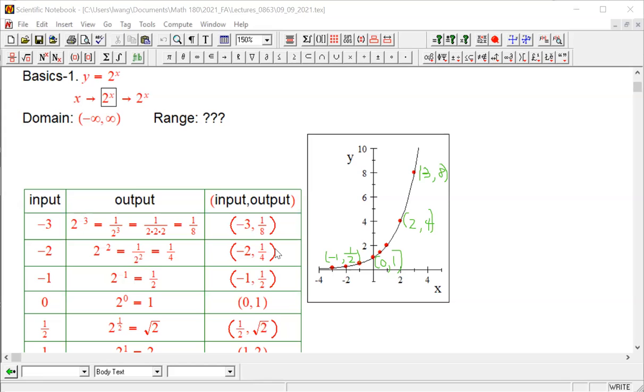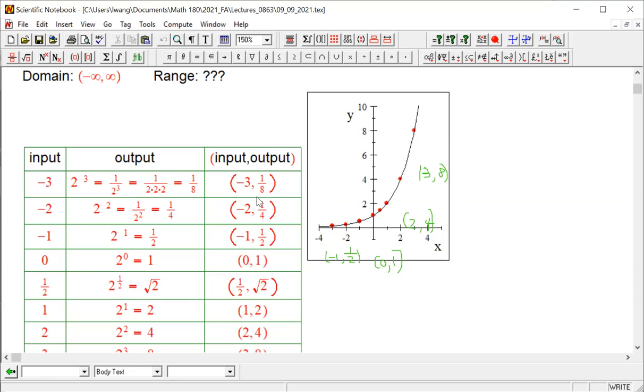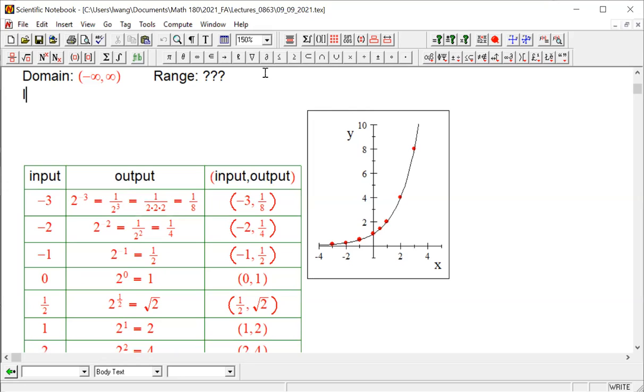So in the process of graphing, we notice something very interesting, right? We notice that no matter what the input is, the output is always positive. And in particular, as the input is getting larger and larger, the output is getting larger and larger from the table, right? So how is that reflected on the picture? The reason we want to have a graph is because we want to see the visual, right? Yesterday, I emphasized the meaning of input. So today I promised you I was going to type it, but I didn't type it, right? The input